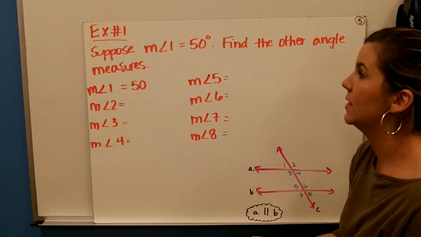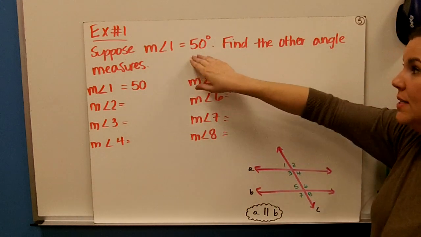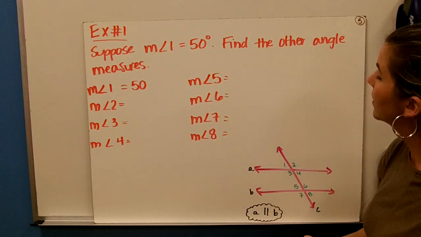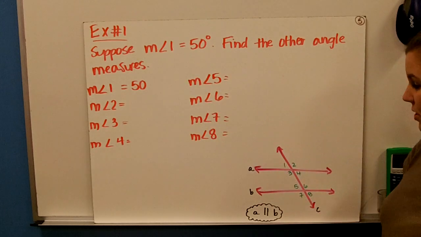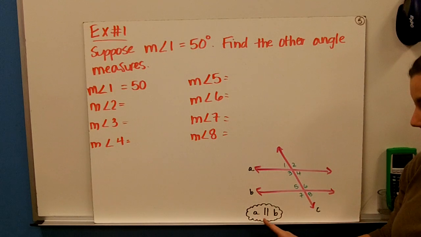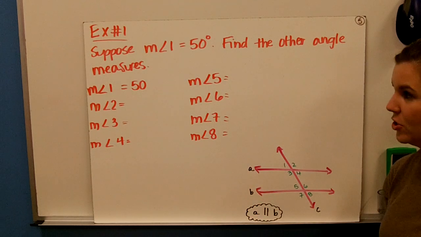And here's our example problem. Suppose the measure of angle 1 is equal to 50 degrees. When you see the little M, that means the measure. Find the other angle measures. So here we have our picture, and at the bottom we're given that A is parallel to B. Lines A and B are parallel. So that means